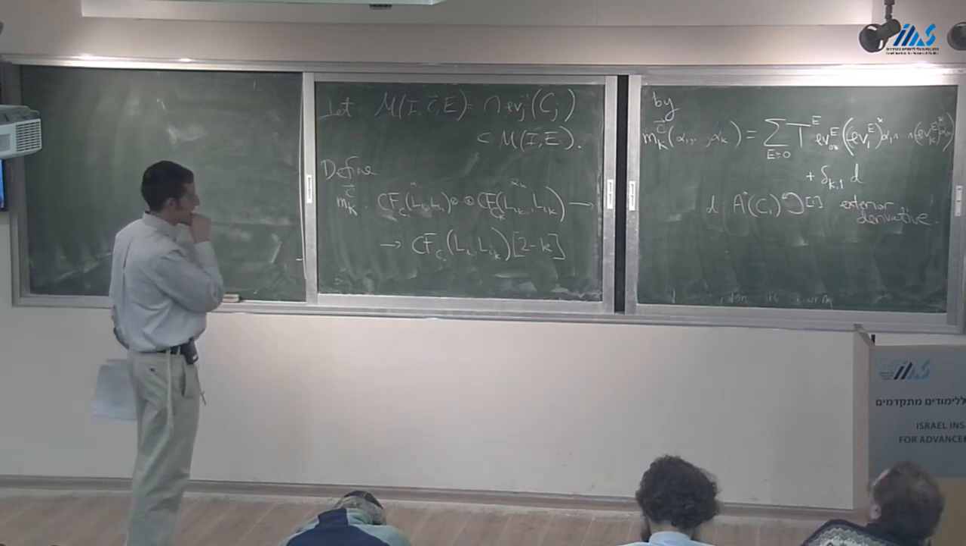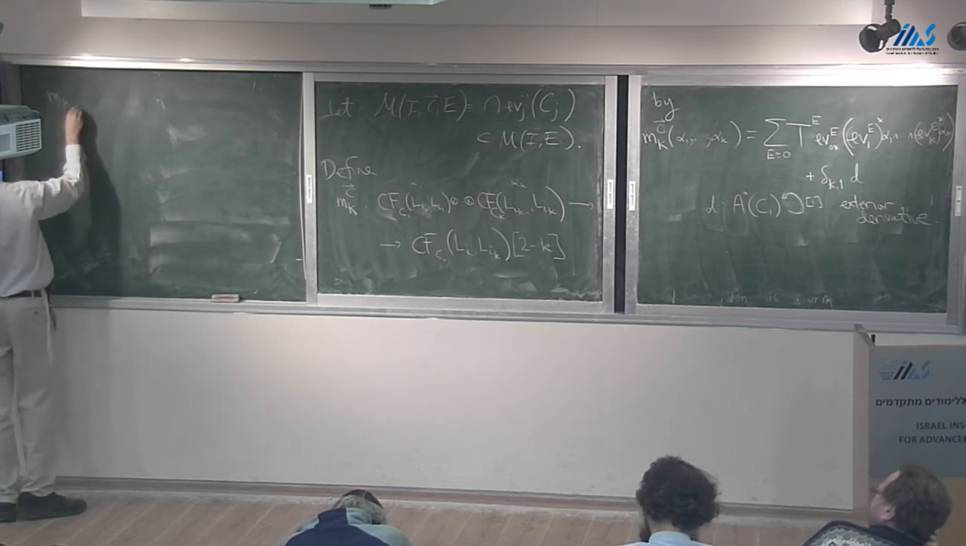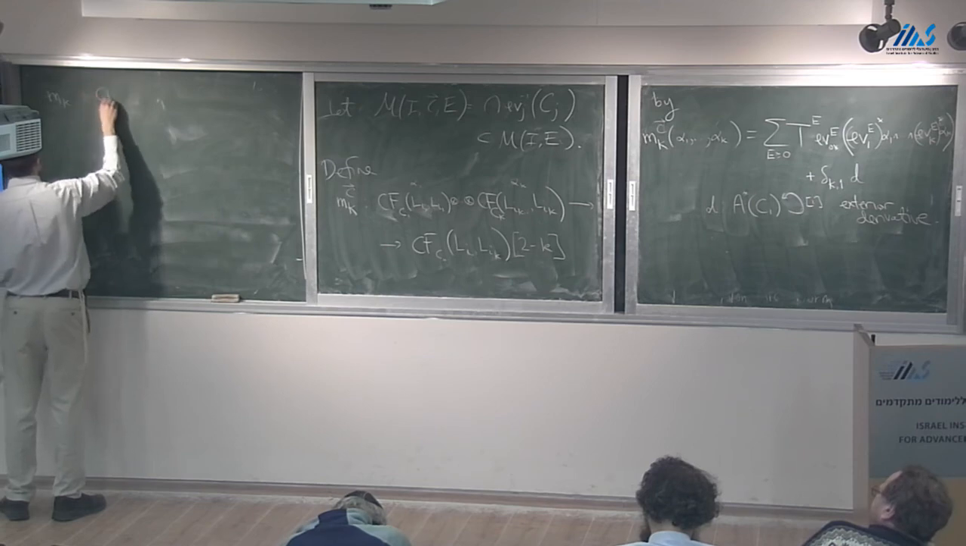So this will be an A infinity category? Right, so the point here is that we can define m_k to be the sum of, so m_k is going to now map